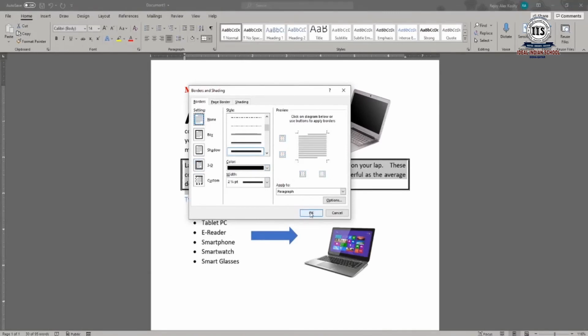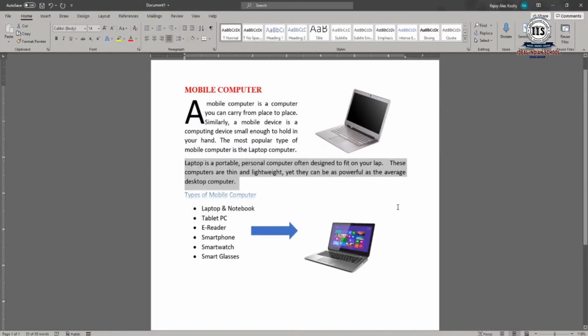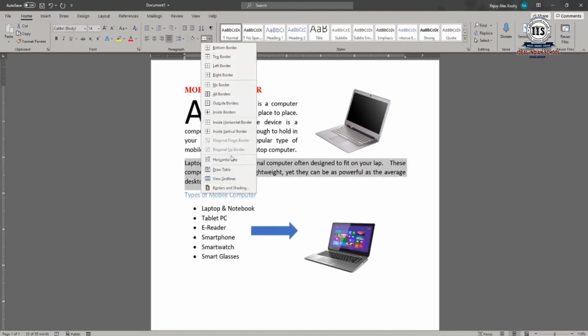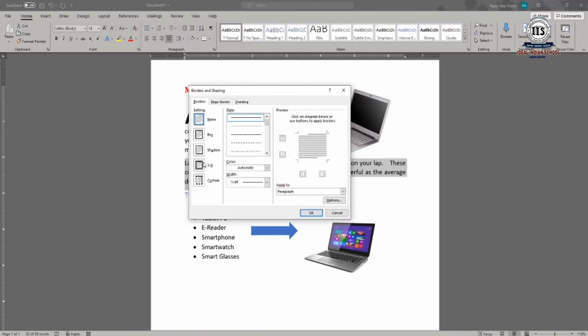You can click on none and you can click on the option of OK. But let's keep the border as it was. So 3D black, and let's take the option